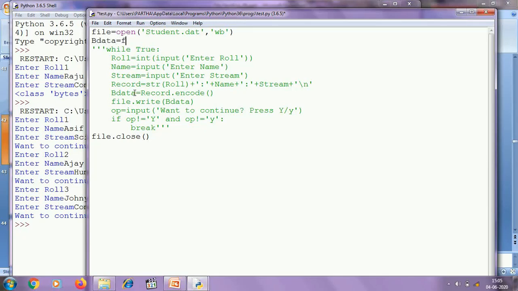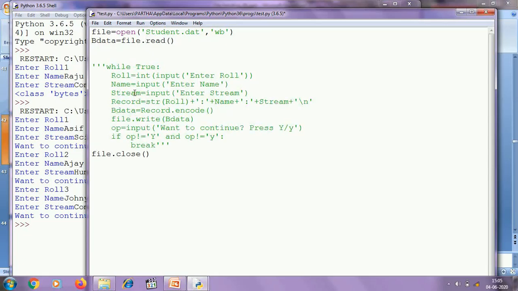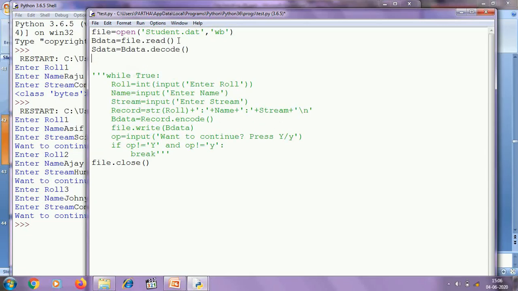bdata equal to file.read(). The read method will read the entire student.dat file and return the binary data to the variable bdata. As binary data is not human readable, we need to convert this bdata using the decode method, and then